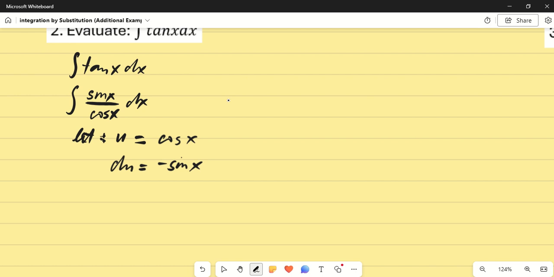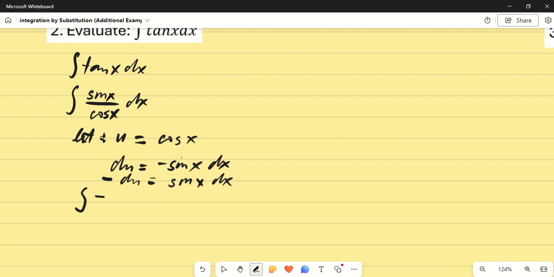Okay, then after that, we can now substitute your u and du to our original given. So you'll be having integral of, the derivative of u here is negative sine x. We forgot to write your dx here. And in our original given, you can find sine x dx here. So we get rid of negative 1 here first before we do substitution. So you'll be having negative du is equal to your sine x dx. So that in our substitution process, you can now replace your sine x dx with negative du.